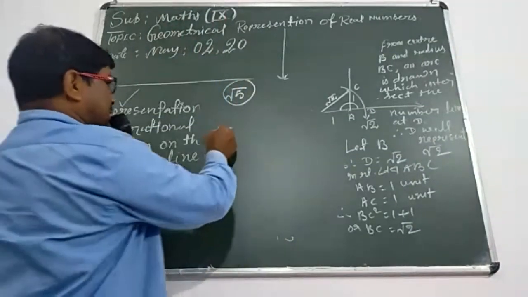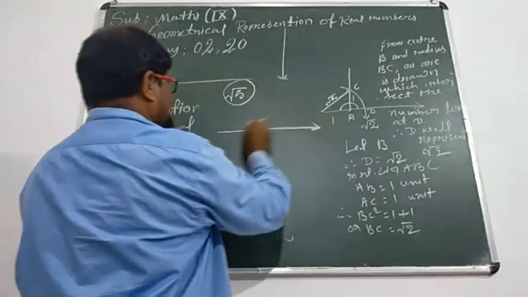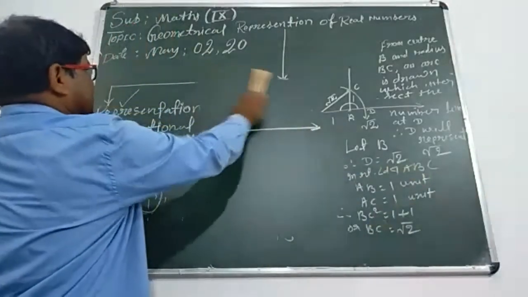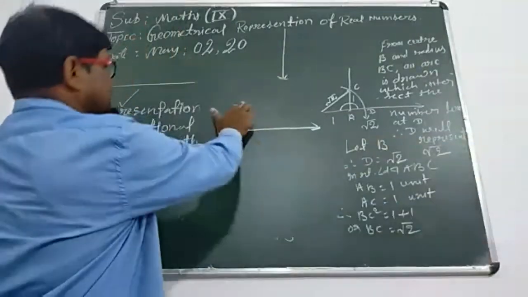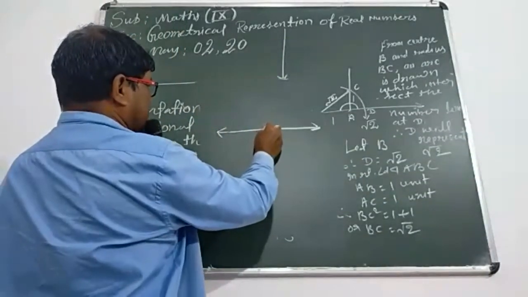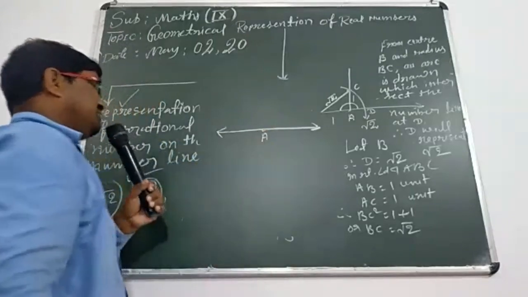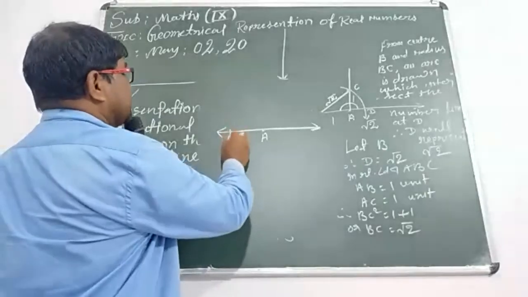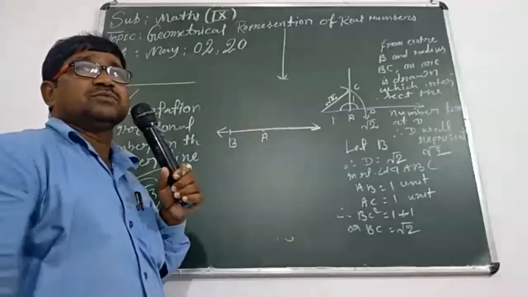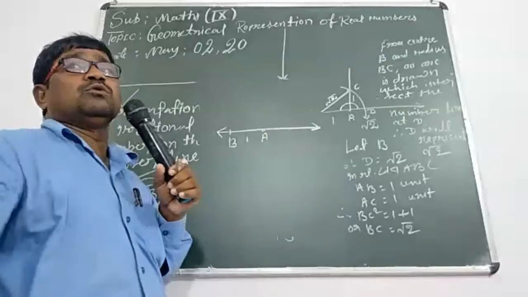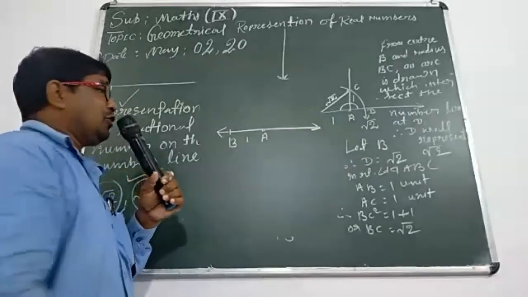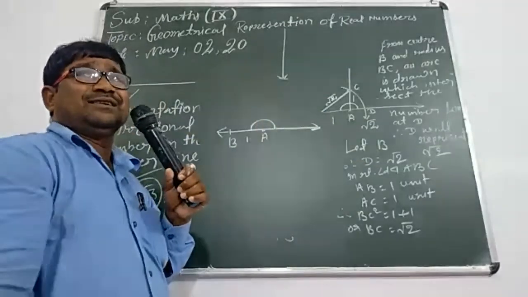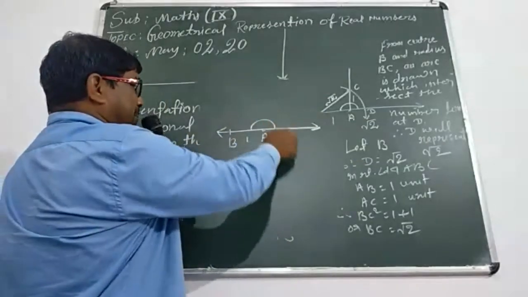Now think about under root 5. Similarly, we will draw a number line. We will draw a number line, student, here. Now after taking a point on this line A, we will measure 1 unit, suppose that is B. How many units? 1 unit. Now student, we will draw the perpendicular at what? We will draw the perpendicular at